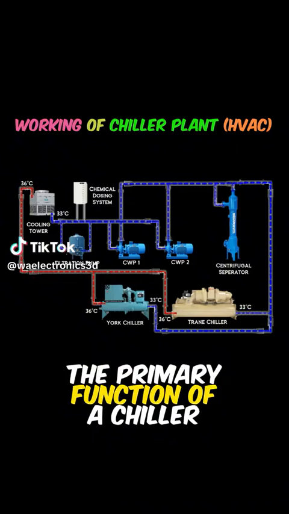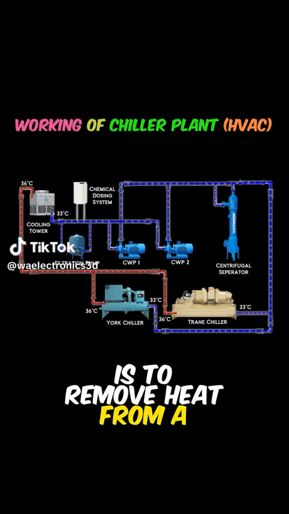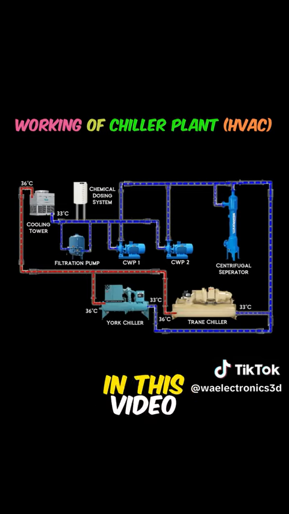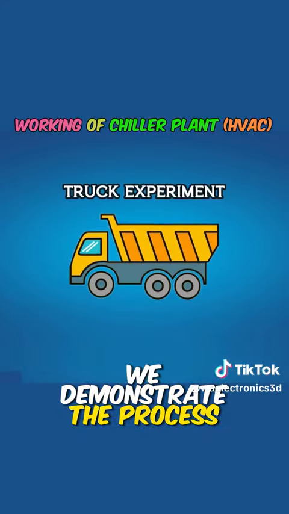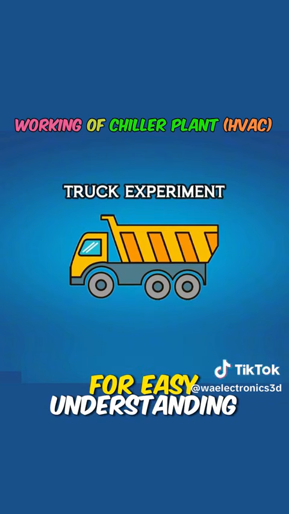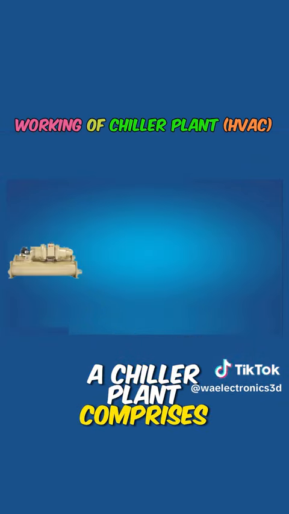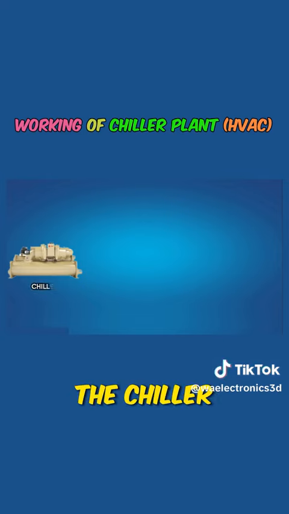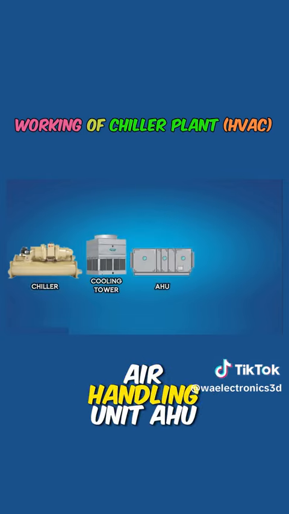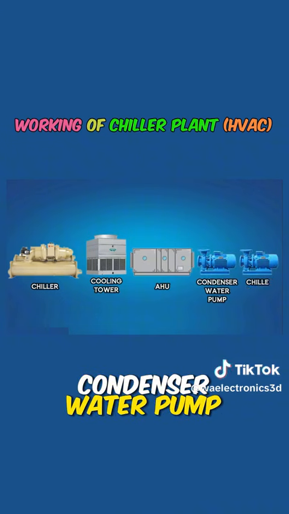The primary function of a chiller plant is to remove heat from a closed space within a building. In this video, we demonstrate the process through a truck experiment for easy understanding. A chiller plant comprises 5 key components: the chiller, cooling tower, air handling unit, AHU, condenser water pump, and chilled